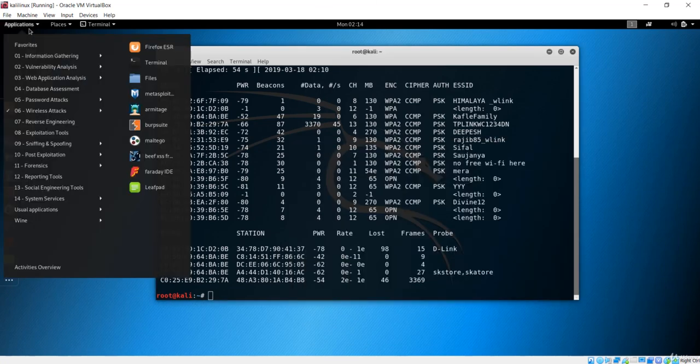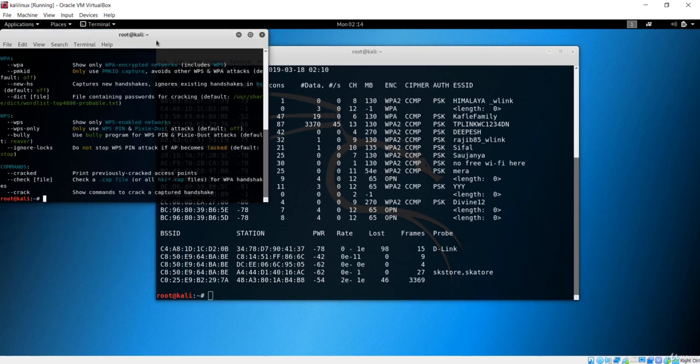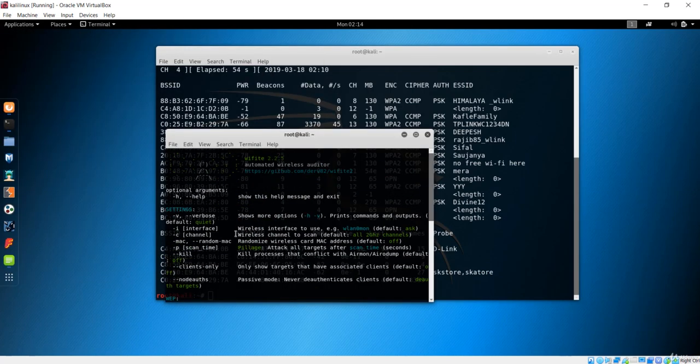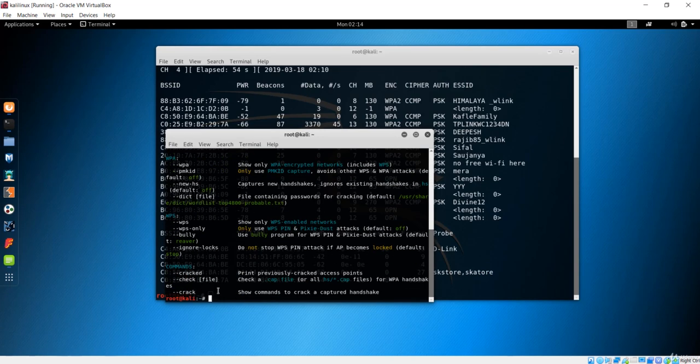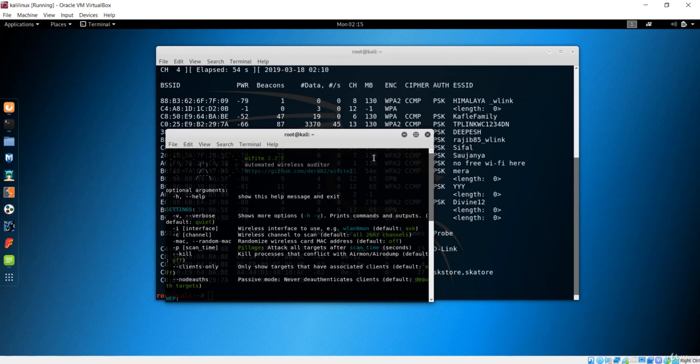So let's go to the last application that we have here, and it is Wifite. It is right here. This is similar to Reaver. It will also open in the terminal. You can see all the applications. It is also saying verbose. You have to give the client only check, and you can use WPS in order to show the WPS enabled networks only. So you can crack WPS enabled networks with Wifite. It is a very easy process. You can do similar with Wifite too.